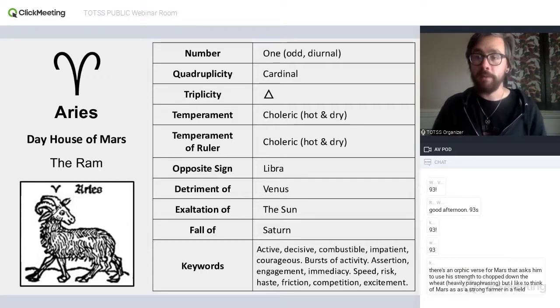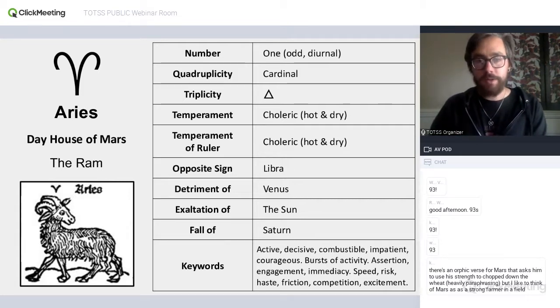But one way of talking about the lack is by looking at the opposite sign. So generally speaking, what Aries is good at, or what Aries has trouble with, is what Libra is good at, and what Libra has trouble with is what Aries is good at. So I think that's a nice way of accessing and thinking about the balances and imbalances of the different expressions of the signs.